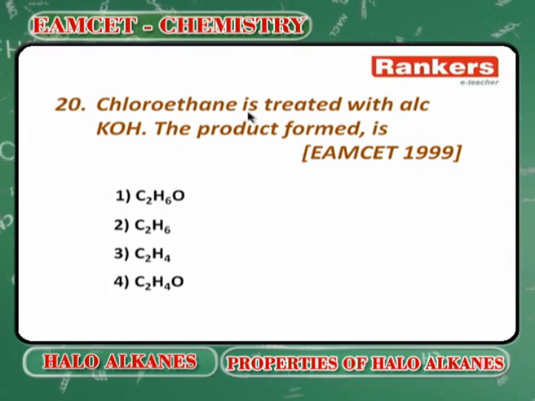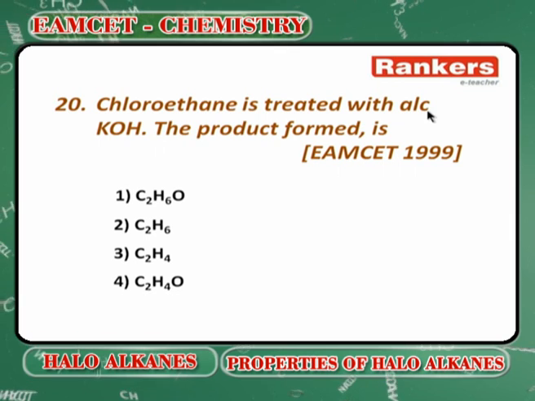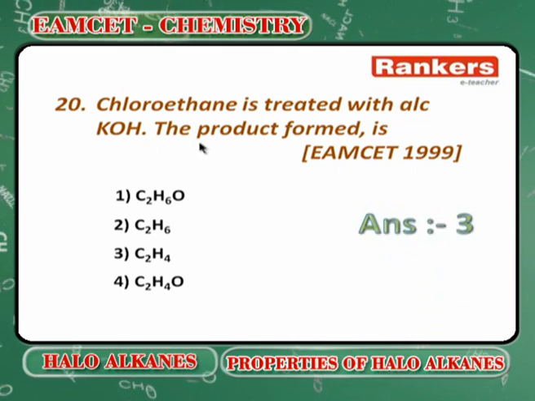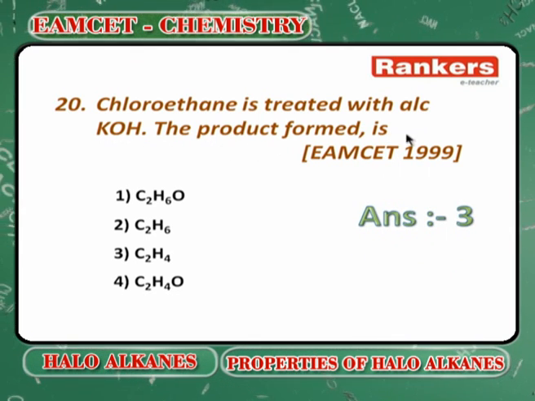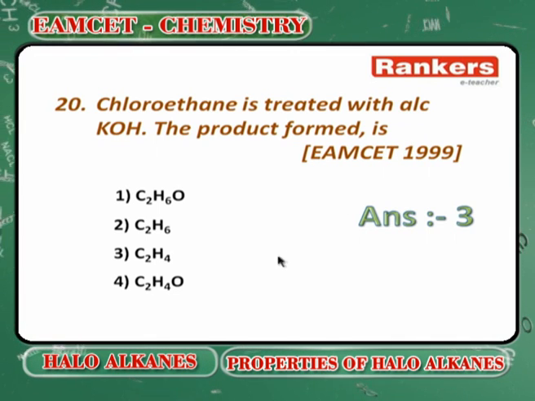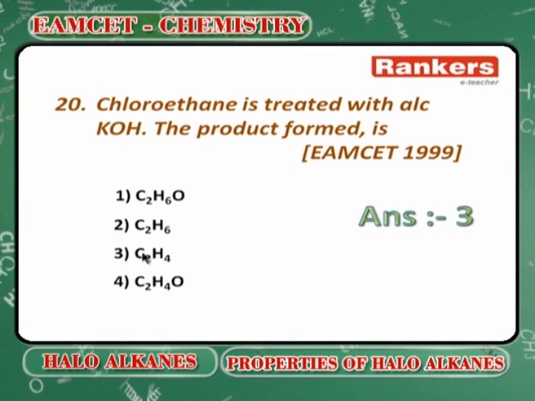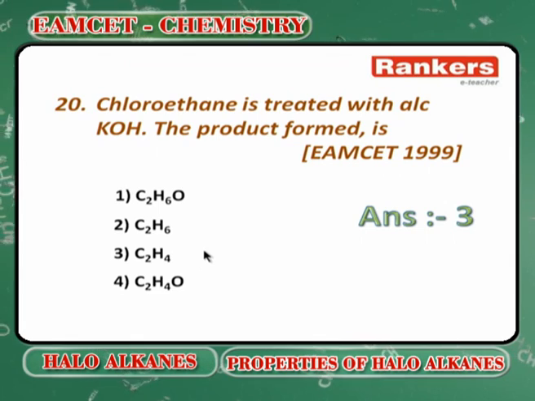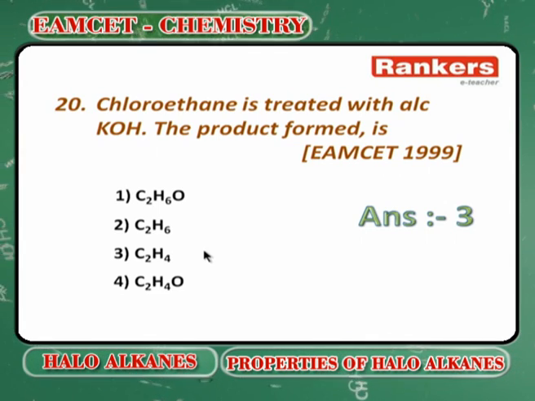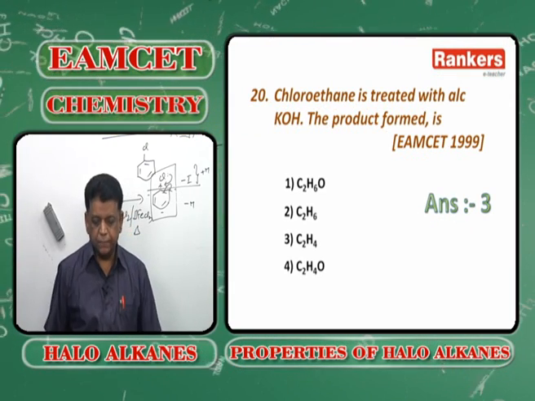the chloroethane is treated with alcoholic KOH. It is a strong base, eliminates, the compound is alkene, that is C2H4. Answer 3 is right. Aqueous KOH, remember, alcohol comes. Alcoholic KOH means elimination, alkene comes. Next,